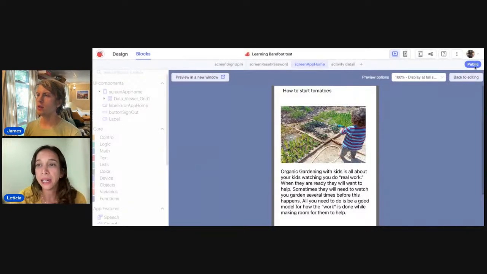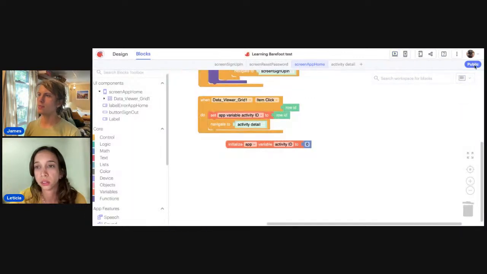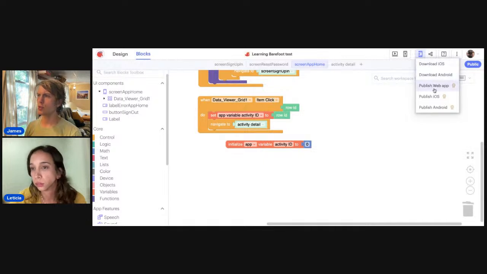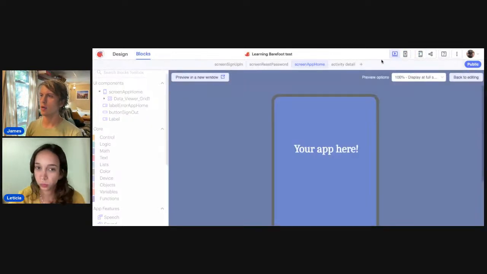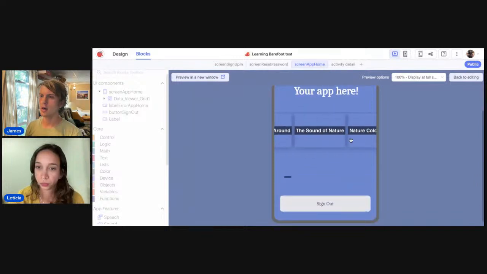What about the one to the left of that? Publish web app. Oh, that's a premium thing, I think. Okay, for now, we just test it.